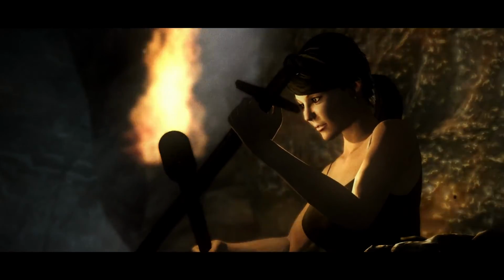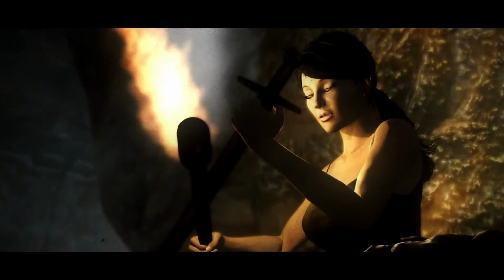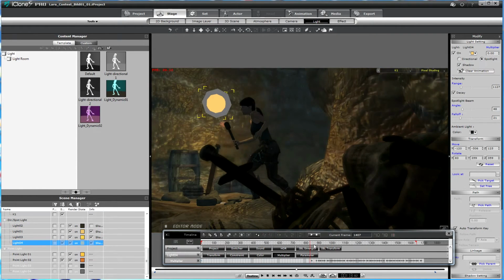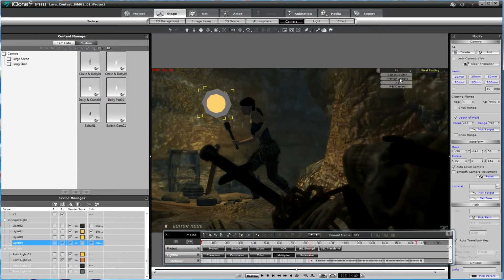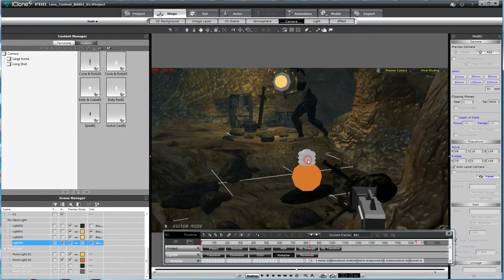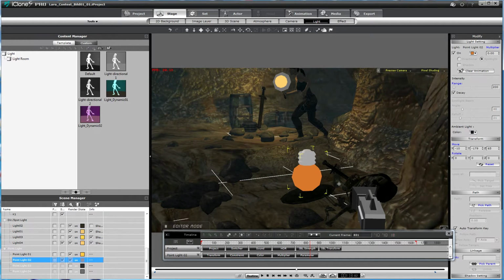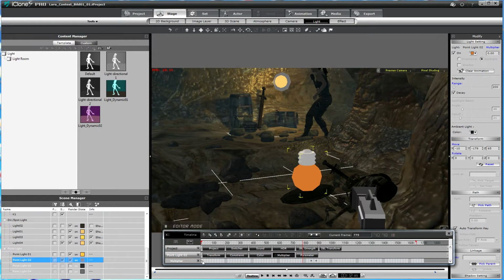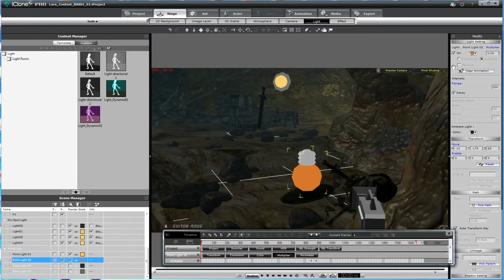Okay, and then I have another light, the fifth light, which I use in this scene, and this is another point light. This is just a little bit. I can go to the multiplier. At the beginning of the scene, the point light is still 0, so it's dark. It doesn't illuminate anything. And when Lara turns around,